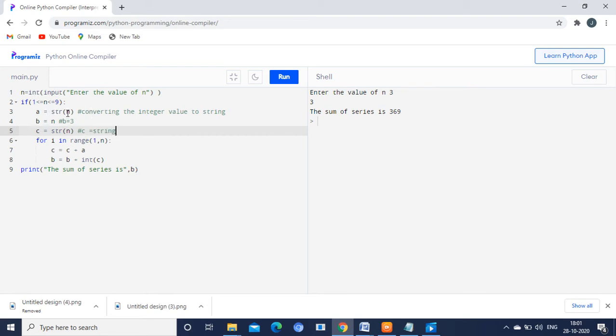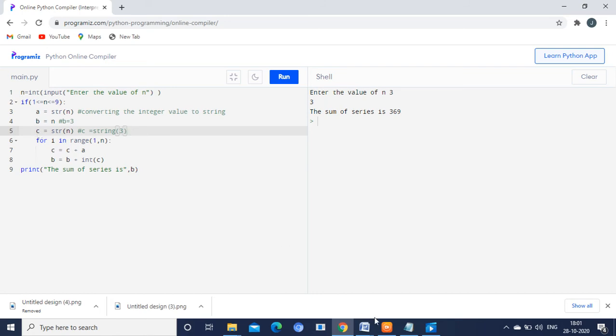String of 3. So c's value is string 3, a's value is string 3, and b's value is integer 3. Before entering the loop, a's value is string 3, b's value is 3, and c's value is string 3.